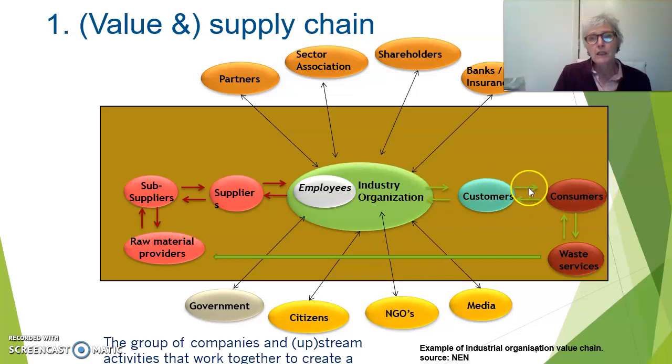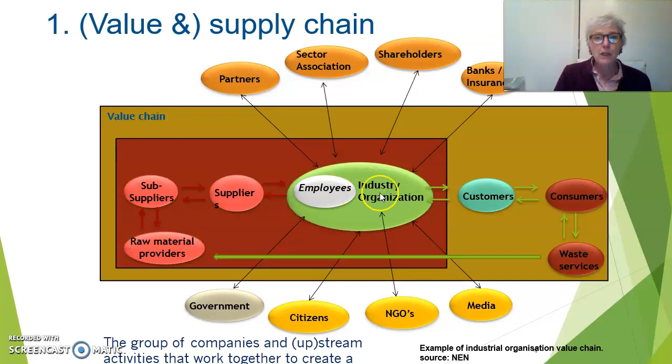So the green arrows show you the B2C market, business to consumer market. The red arrows show you the B2B market, business to business or company to company market, whatever you want to call it. So the green part is the value chain. The supply chain is the part between the providers of raw material via suppliers, which are moving their products to the industry to convert it into finished products.